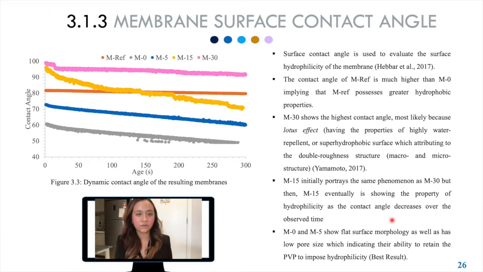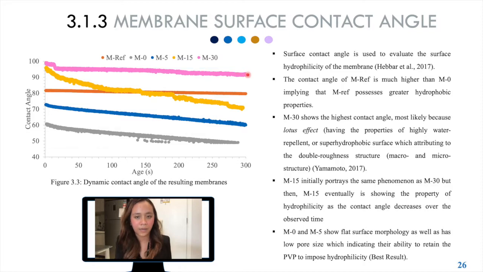Moving on to the surface contact angle, Figure 3.3 portrays the dynamic water contact angle of the resulting membrane samples. According to Hebar, surface contact angle is used to evaluate the surface hydrophilicity of the membrane. The contact angle of MREF is much higher than M0, implying that MREF possesses greater hydrophobic properties. M30 shows the highest contact angle, most likely because of the lotus effect, where it is known for having the properties